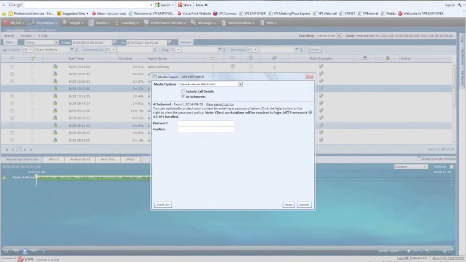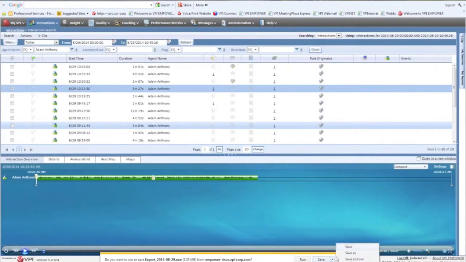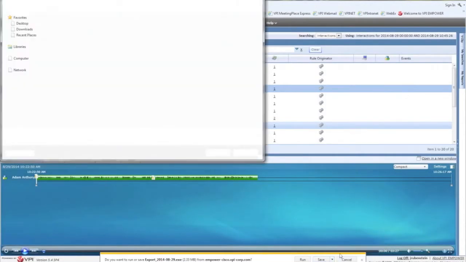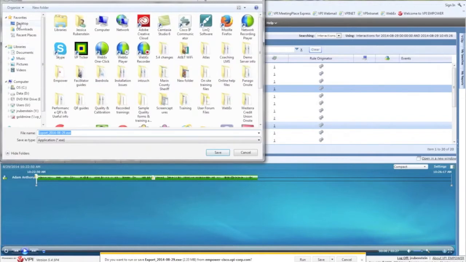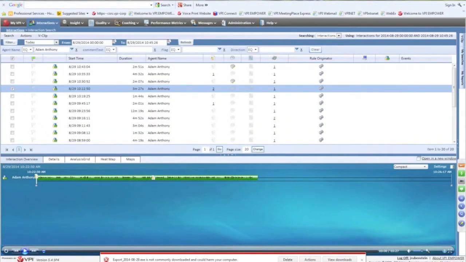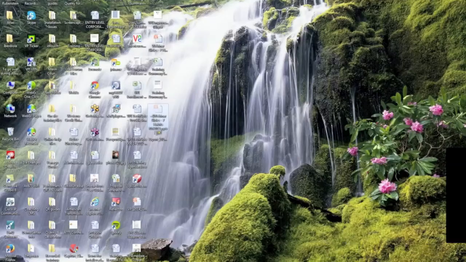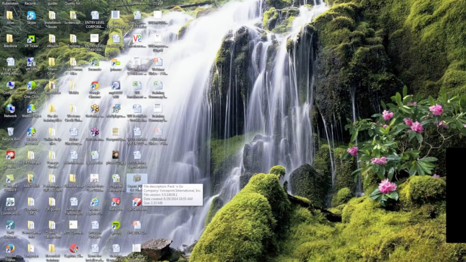Okay, currently in my system, it's not mandatory for me to include a password, but I do want to show you that this is really going to help me secure this item. I'm going to go ahead and save this and save it to my desktop. Forgive my desktop, it is quite messy, but you can see the export right here. This is my VPI Pack and Go player. This is my exe file, and if I double click on that,